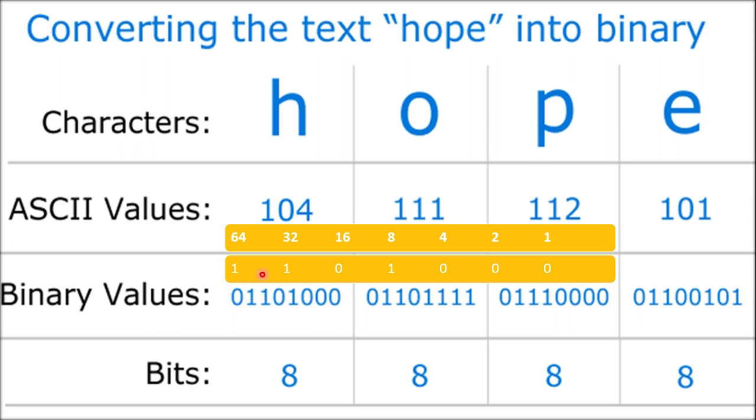So just compare this one. What I have written and what we have converted, both are equal. See, 1101, then 000. Exactly, it is correct. So when I press H on the keyboard, this code will be generated inside the computer. You know that when you press any key on the keyboard, an electrical pulse is generated. Everything inside the computer is electrical pulse.